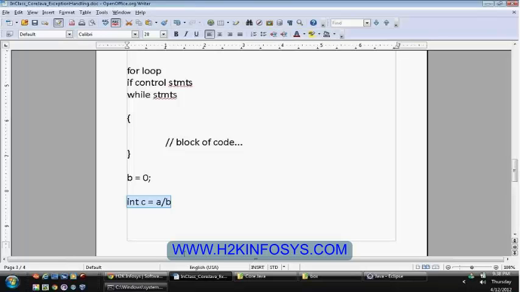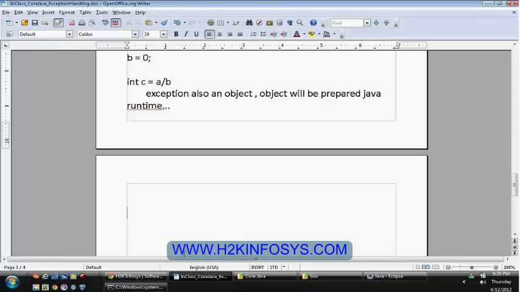So what kind of exception will it throw? The exception is also an object. This object will be prepared by the Java runtime. So in the current scenario, it will throw arithmetic exception.